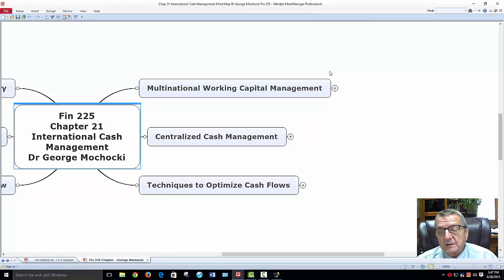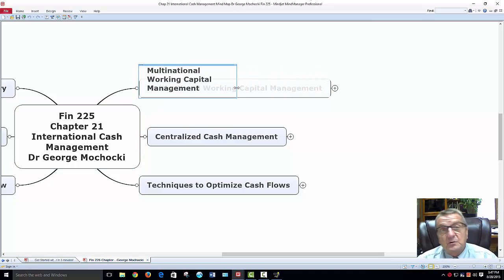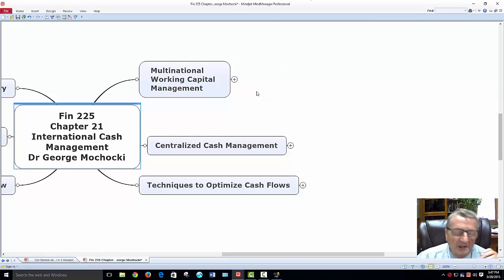Okay, multinational working capital. Let me just bring this together. And this one I ended up doing the color. I upgraded this to the new Windows 10, and it seems like the Adobe or the Java is giving me a little darkness. But that's okay. So if you're looking at my PDF file and it's a little dark, figure it out.